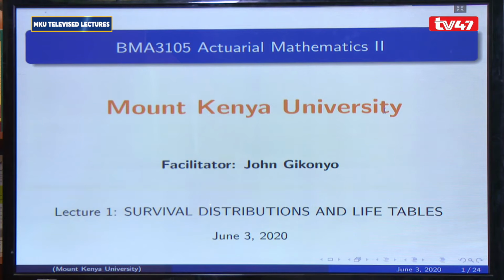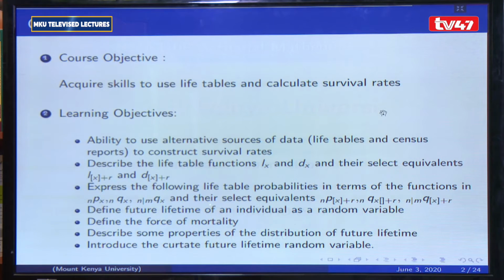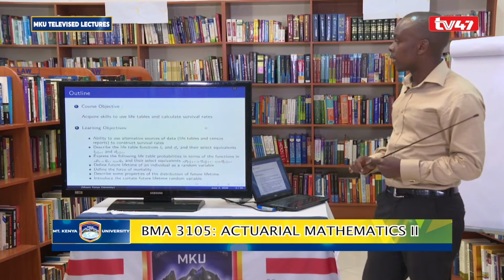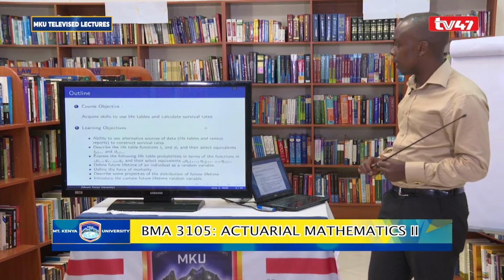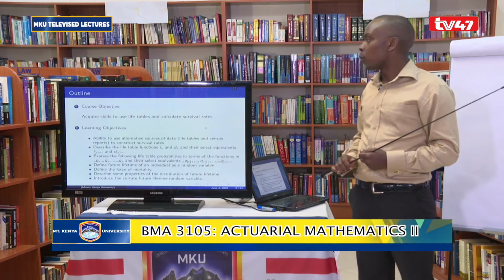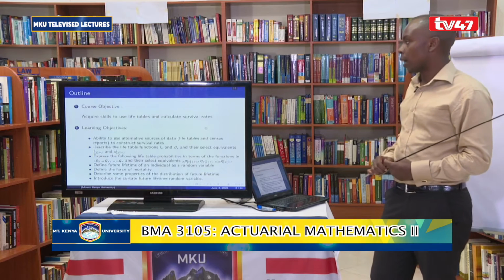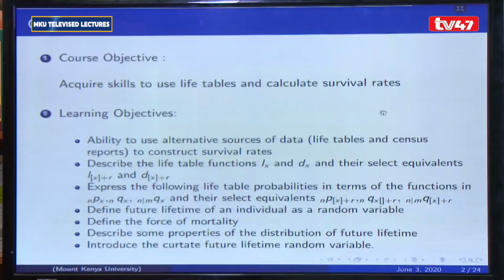And our lecture today will involve survival distributions and life tables. So I will introduce life tables, and then we shall look at survival probabilities. Some key objectives that we shall aim to learn include how to use life tables and also to calculate survival rates. So we'll be able to use alternative sources of data to construct life tables,